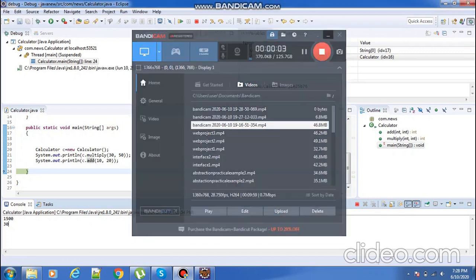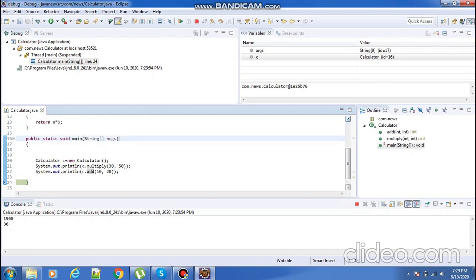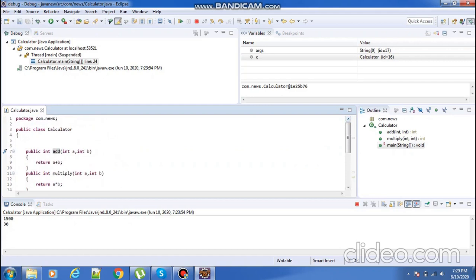So this is called debugging. So step into means what? We are going inside that function. And step over means what? We just check the defect and we are successfully executing our program. So this is the way to debug our program. Just right-click and select debug, and we can debug the program. So now I am debugging only the add method.